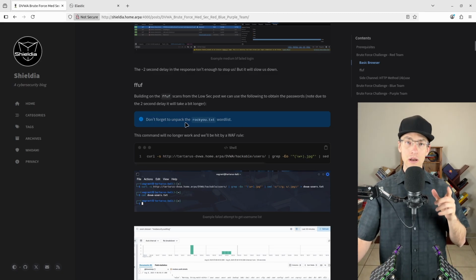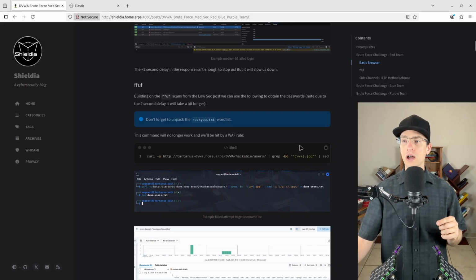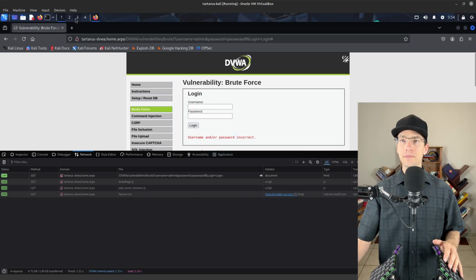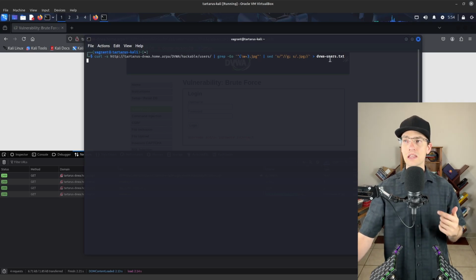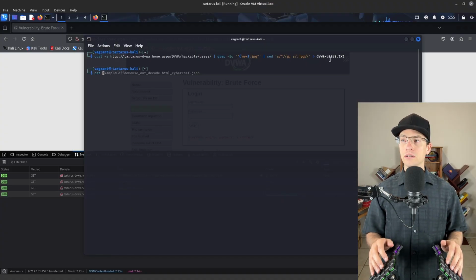First, you're going to want to make sure you've unpacked the rockyou wordlist on the Kali guest. Next, we're going to try and get the username list like we did for low security. However, you'll be faced with an issue if you attempt this. We use curl with silent mode, give it the directory that we want to enumerate, and then pull all the JPEG images via grep regex, capturing just the word so that we get all of the usernames, and then we put it into the DVWA users file. If we do that and we cat that file,